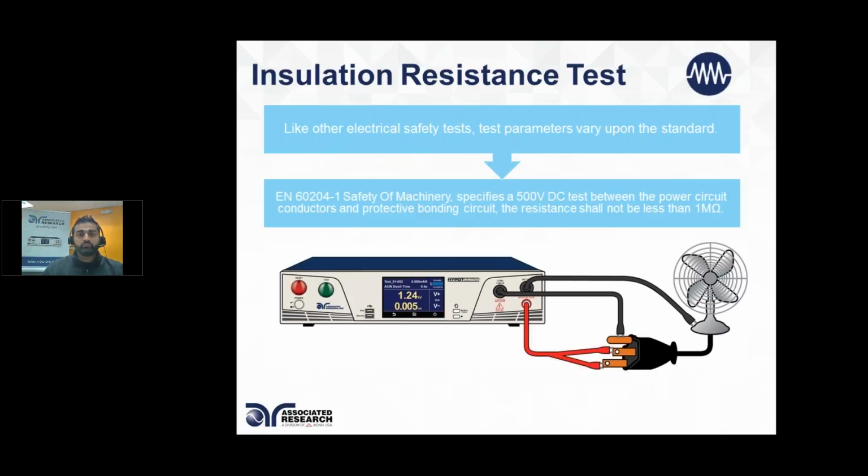Again, this is not one of the most commonly performed electrical safety tests, but it is a part of the safety test that is required by some standards. If you're looking into the EN standard 60204-1, safety of machinery, it specifies that you do an IR test after your HIPOT test, a 500 volt DC IR test, and make sure that the resistance is not less